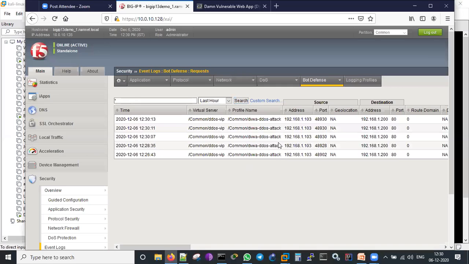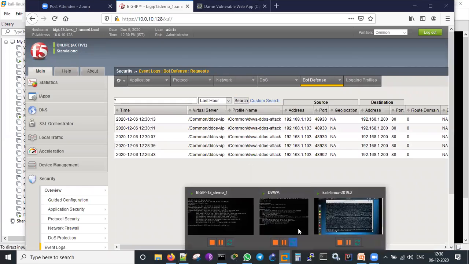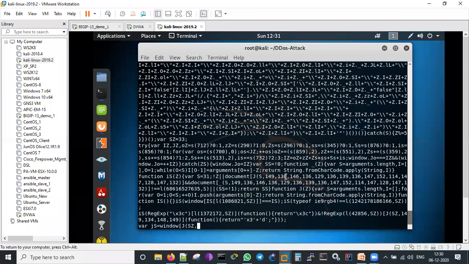I'm not getting the log. See, something is happening on this. Just see that, 103, which is doing on this profile name is DWA DOS attack. And he's doing it. What is the time today? 12:30 something. So these are all the latest logs which we are getting. Now we are not getting that only, means we are not able to get the proper results.